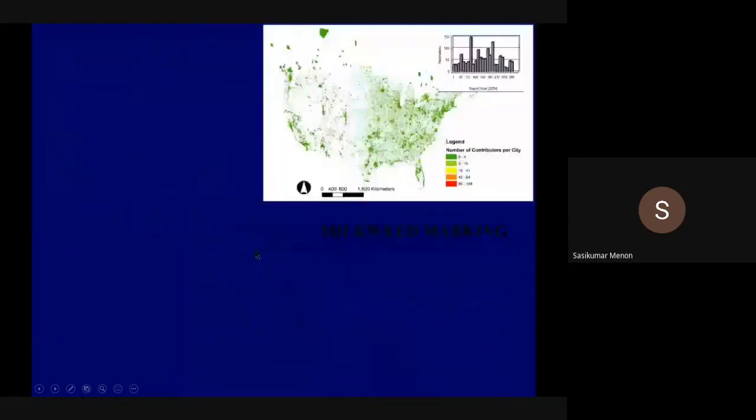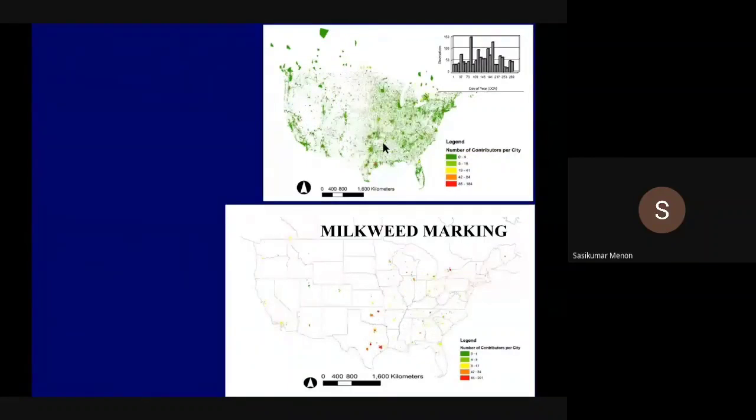Now if you look at the number of people who are giving data, you can see they are almost all throughout North America. Everybody was interested in monarch butterfly and they were giving data. They were also giving data on milkweed plants, how many are there, whether they are growing there, whether the growth is good or bad. So from this, the food availability data was also easily available,